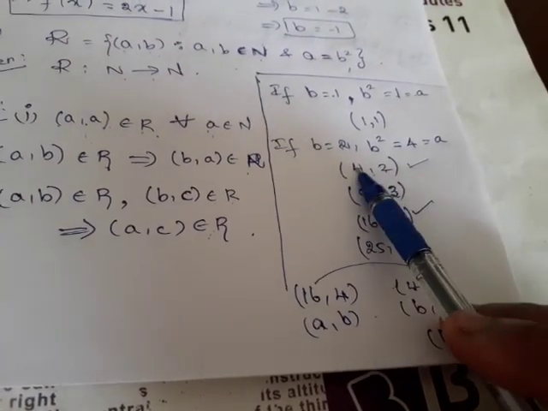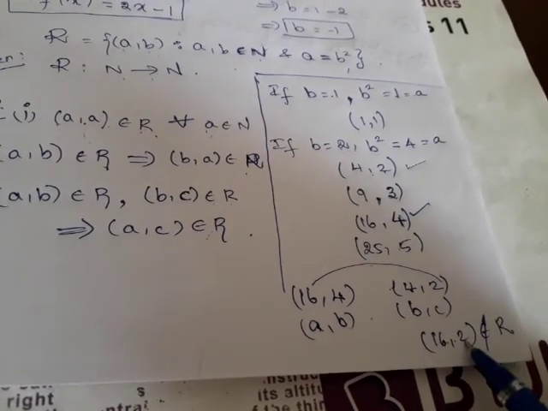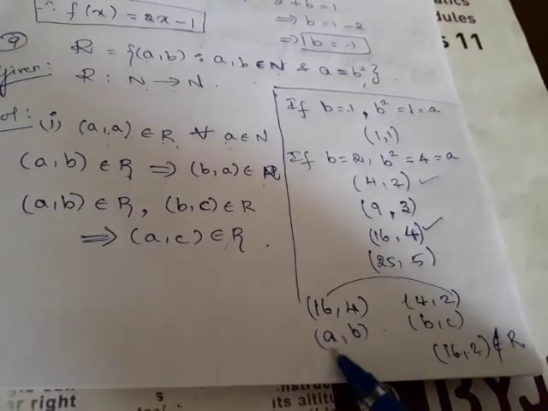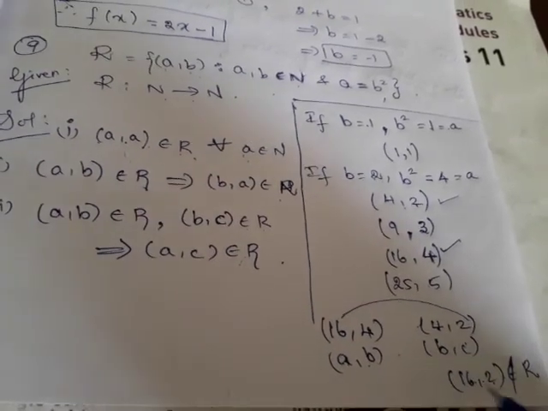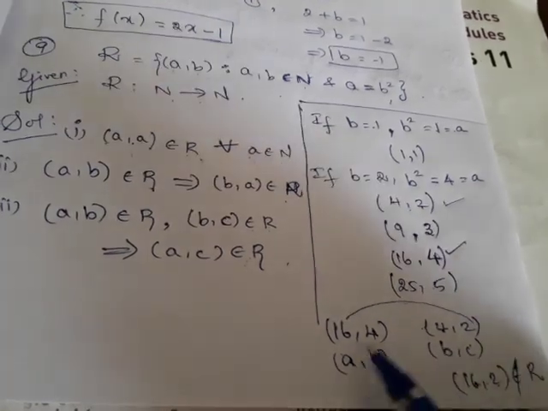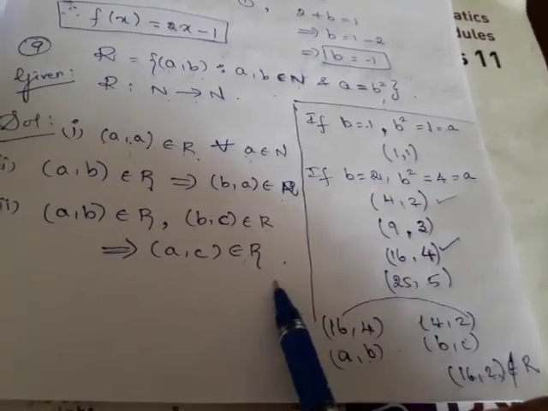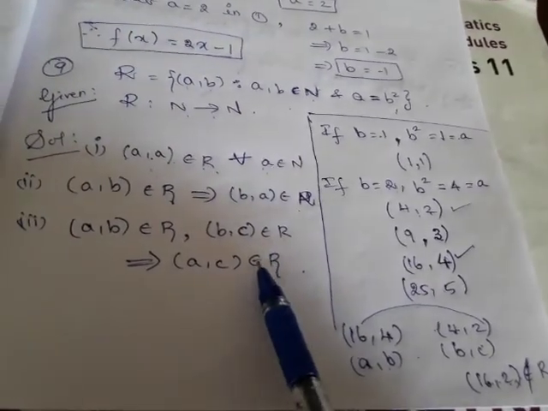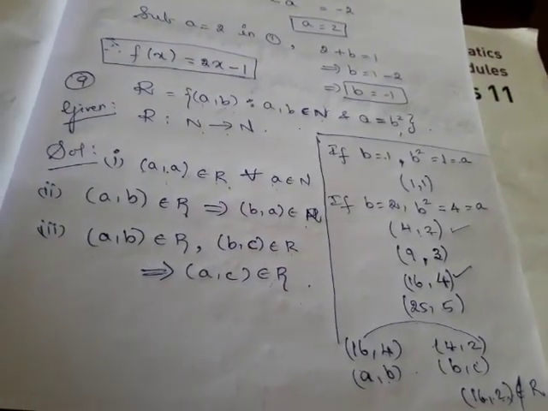The first element is the square of the second element. So is 16 the square of 2? No, this is not true, right? It is not necessary that (A, B) belongs to R and (B, C) belongs to R implies (A, C) belongs to R. So you can give one example like this and state that this statement is not true. Likewise, you can justify your answer for this relation. Hope you understood. Let us move on to the next question.